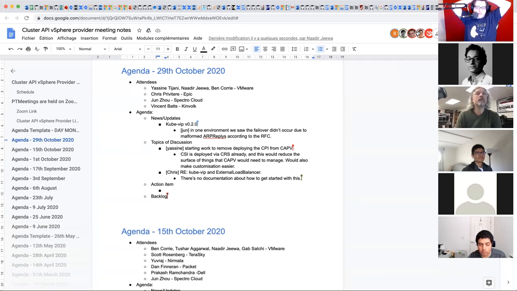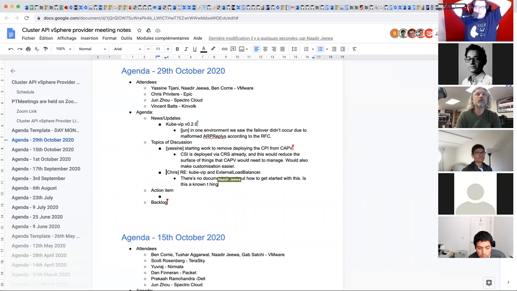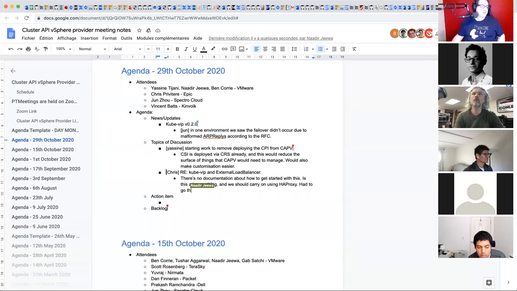Like the section that says when you pick an external load balancer flavor, there's no reference to where you can even see what flavors are supported or allowed. I had to go through Go code to even figure out it's kubevip and external, whatever that even is. So there are actually two flavors here at play.